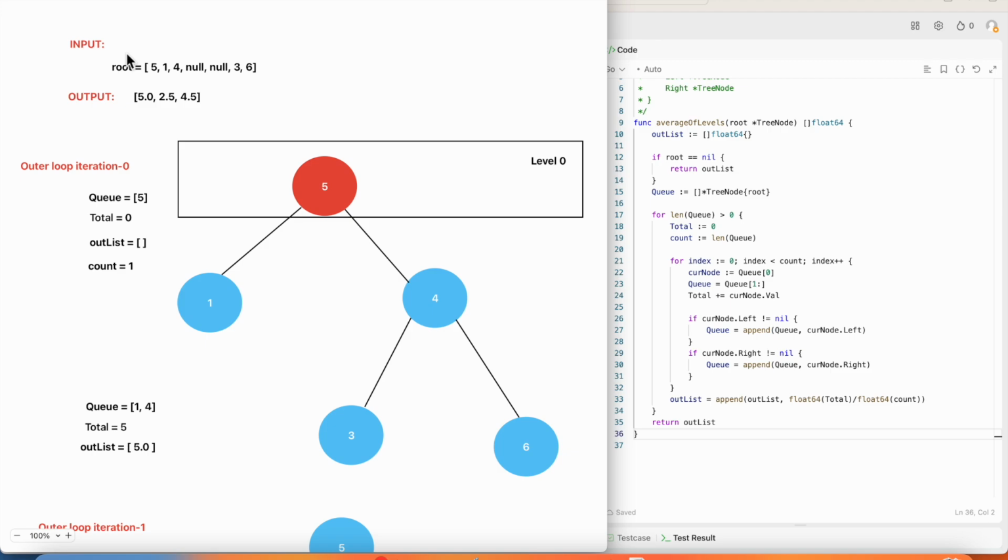We have this input tree and the expected output is 5.0, 2.5, 4.5. So to begin with, we put that root node in the queue, as we do here, and we check whether it's greater than 0, and then we enter the loop and we check the current number of elements in the queue, which is 1. So then the inner loop will iterate over all the nodes, in this case only 1, so we add that value to the total and then we check whether it has